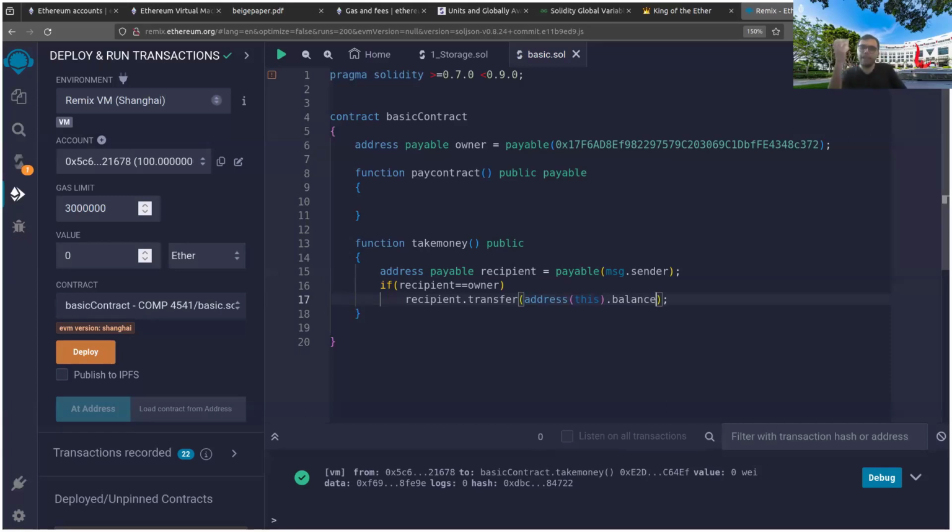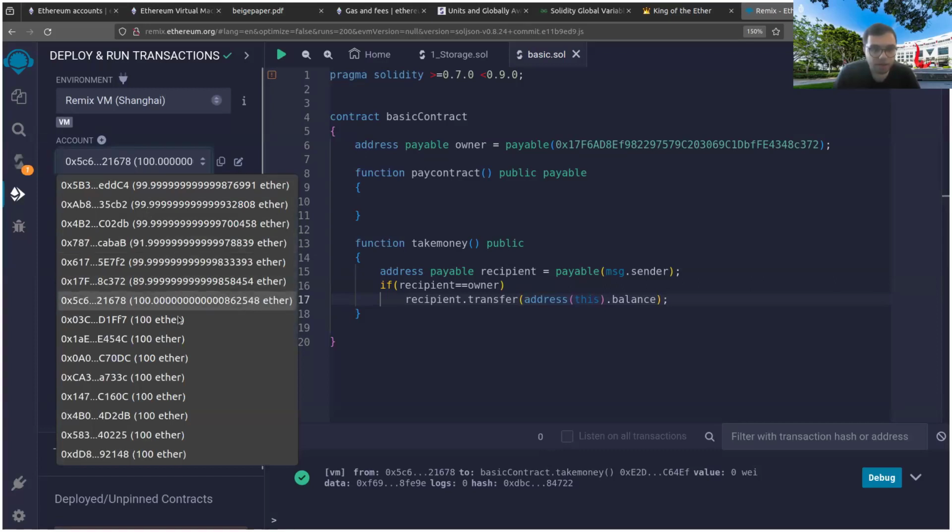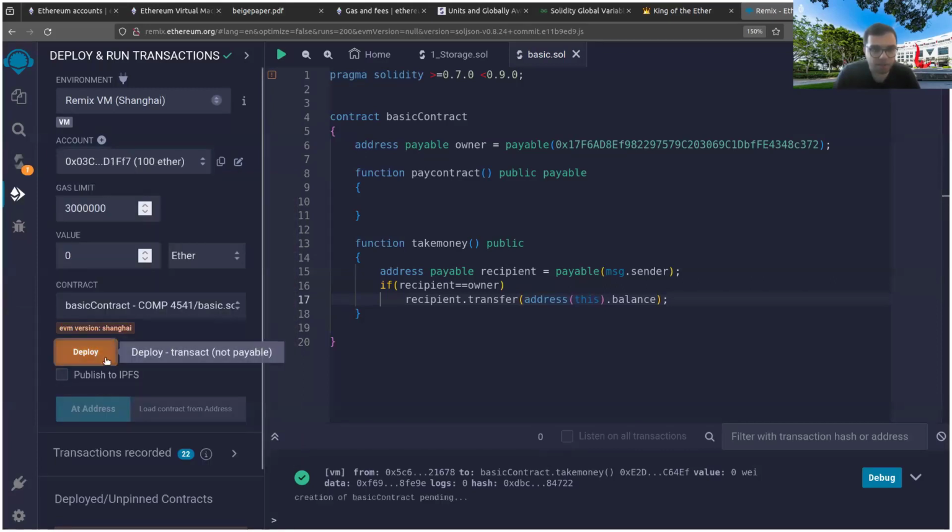So remember, every address, every contract has a balance. And well, every account has a balance, be it a contract or an externally owned account. So everyone on the network is keeping track of the balances of all addresses. And all I'm saying is that the amount that I want to transfer is the entire balance of the current contract. Okay? So now let's say I deploy this contract,